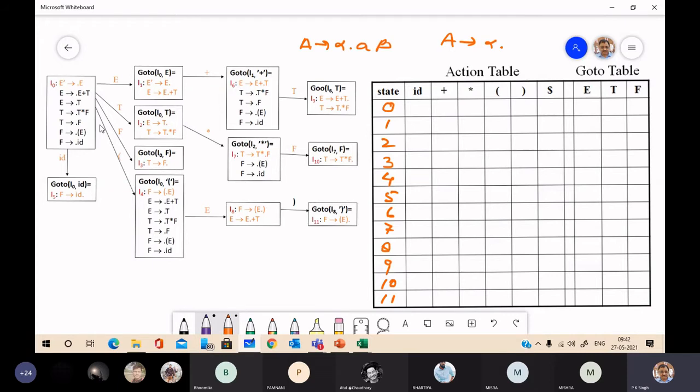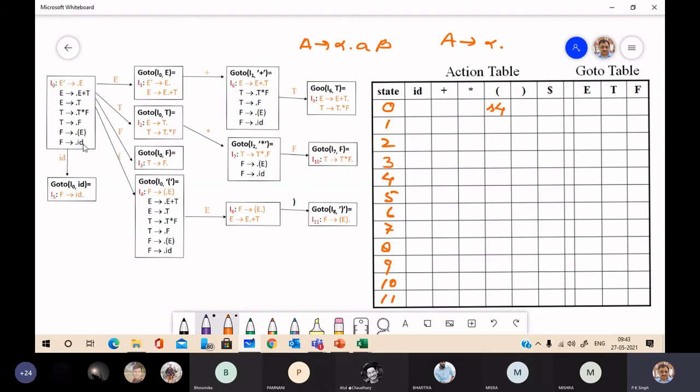So for these two items, you have to make entries for shift. So this, opening bracket, is shift. Where to shift? You can find go to I0 opening bracket. It is nothing but I4. So here shift and next state is 4.